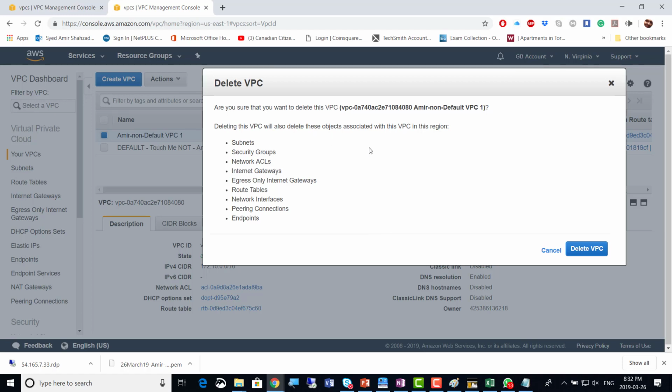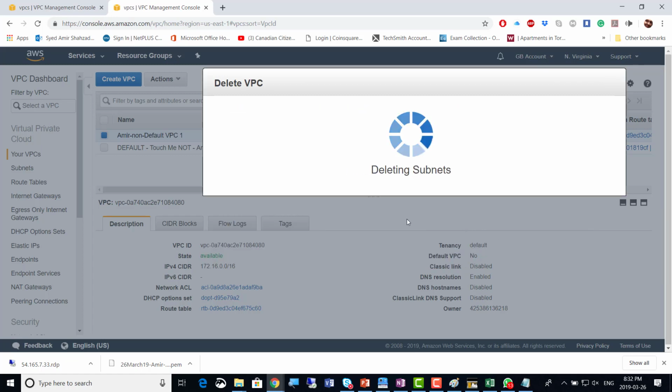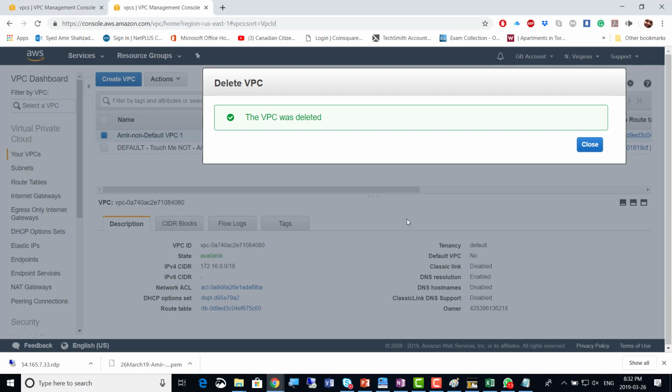Okay, so take a screenshot here, the 15th, and click Delete VPC. If you've taken a screenshot, only then click Delete VPC. It's deleting security groups, subnets, VPC. Whoa, that was fast, right? Okay, so if everyone has done that,